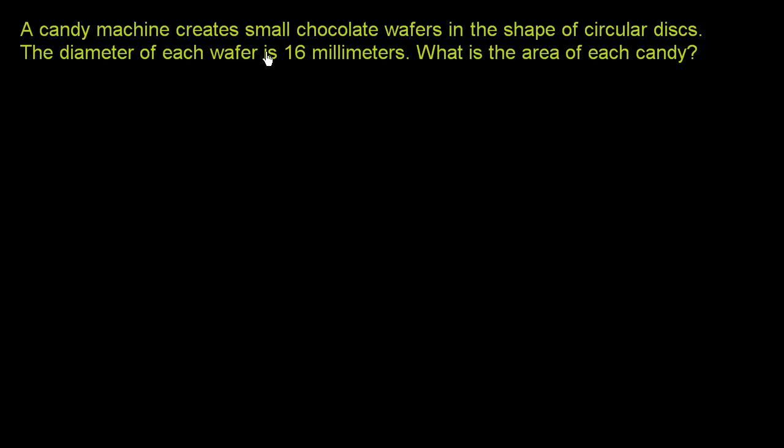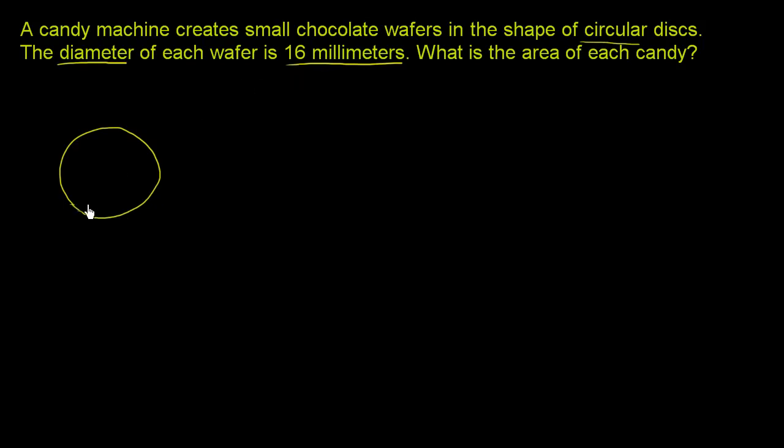A candy machine creates small chocolate wafers in the shape of circular discs. The diameter of each wafer is 16 millimeters. What is the area of each candy? So the candy, they say it's the shape of circular discs, and they tell us that the diameter of each